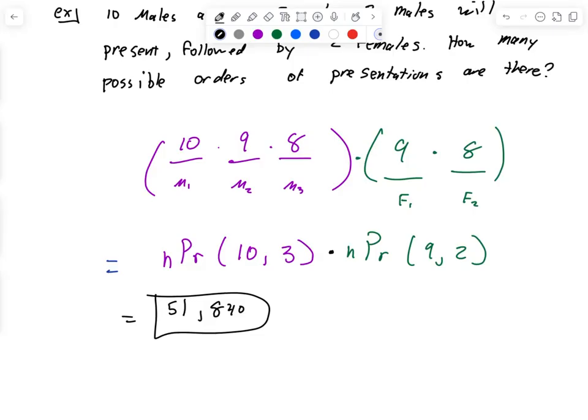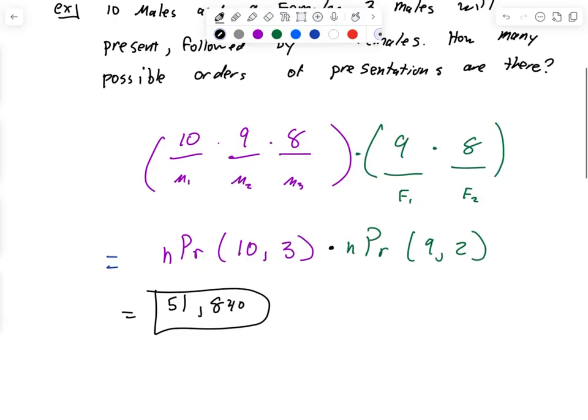And this is how these counting principles, this is how probability, as a follow-up to this topic, is used. Because there's 51,840, what's the chance that that one single outcome would have occurred? People use that. That's how when you go to trials and evidence, and it's like, whoa, something's fishy here. So there's that part.